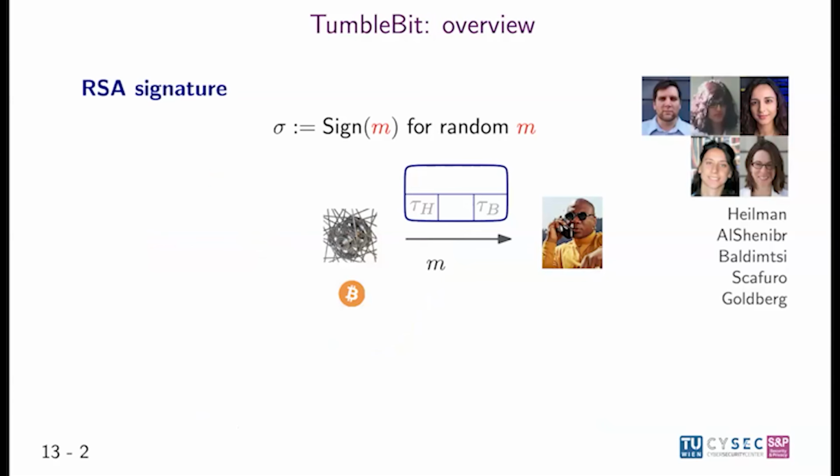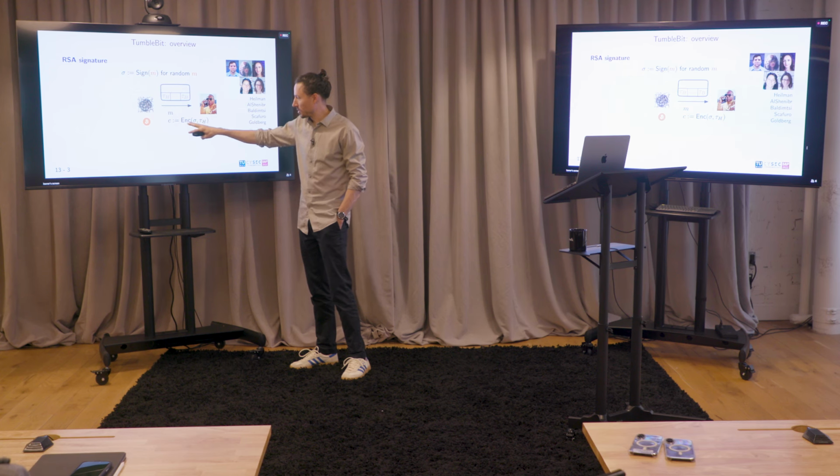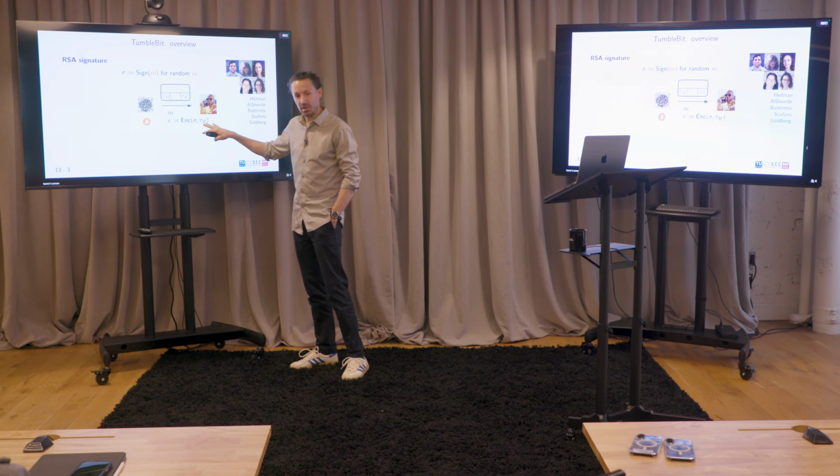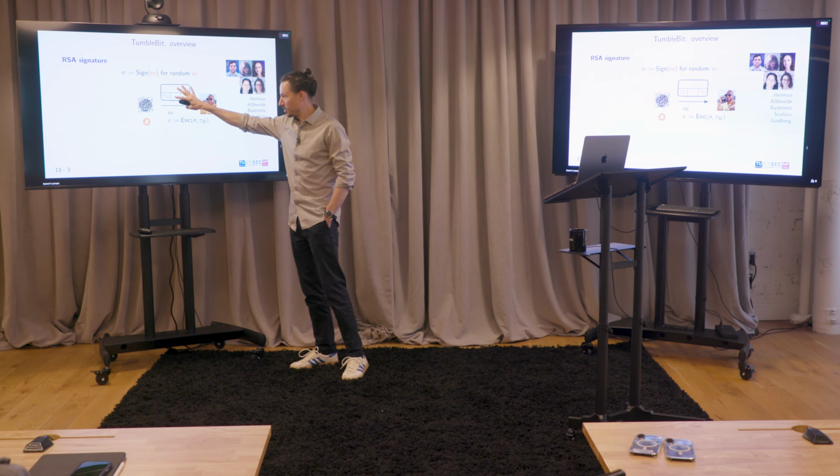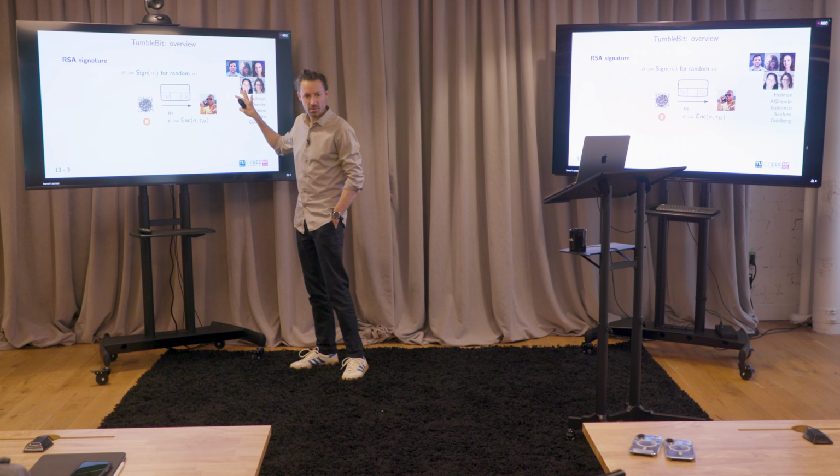The way they do this is that the hub sends the challenge, the message for which Bob needs a signature, and then it encrypts tau h, which is the transaction signature that makes this transaction go through, under the key that is the signature on M. So as long as you don't have a signature, you can't take this transaction because you can't decrypt. If you have a signature, you can use it to decrypt the ciphertext, obtain the transaction signature, sign the rest, and then you get the payment. Okay, so that's one side of the protocol.